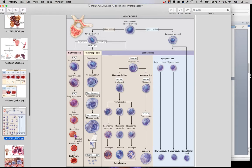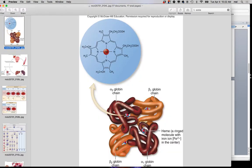So let's look at hemoglobin briefly. Hemoglobin is basically a peptide or a protein. It's got 4 subunits, 2 alpha, 2 beta. The important thing about it is that the center of each of these chains is what we call a heme group, and it's got like a little flying saucer looking structure in there. That is an iron atom with some other stuff around it, and you carry oxygen gas, O2, here, here, here, and here. So you can carry 4 molecules of oxygen gas on each hemoglobin molecule, and that means that